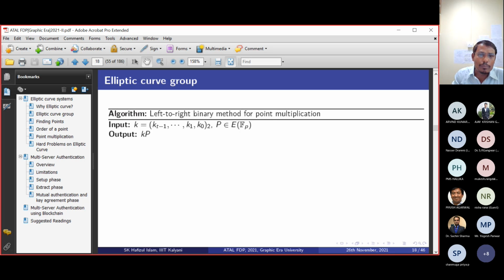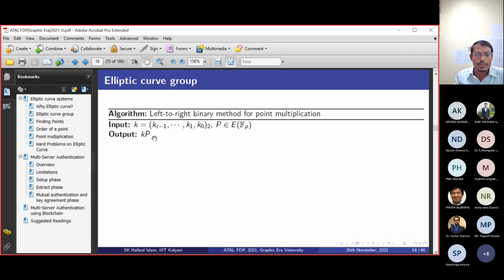Next bit is 0, again we'll perform Q equals Q plus Q, that means 4P plus 4P, so we get 8P. Next, this bit is also 0, so we'll perform only the doubling. So 8P plus 8P is 16P, the answer. How many additions did we perform? 1 addition, 2 additions, 3, and 4 additions. So instead of 15, we are performing only 4 additions. So it is faster. Similarly, you can also start from the least significant bit.